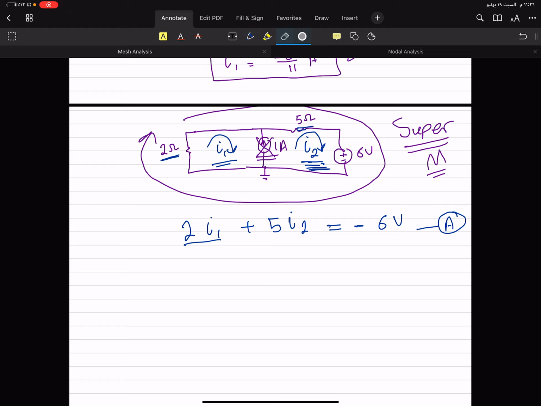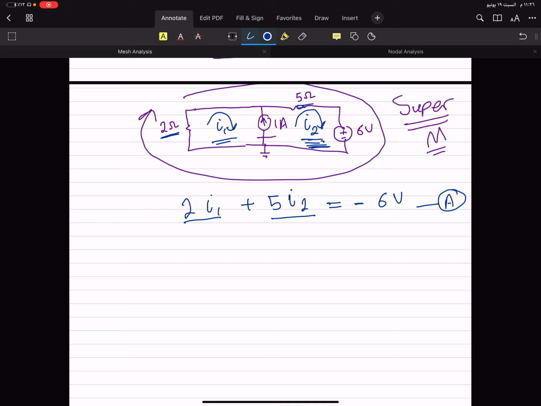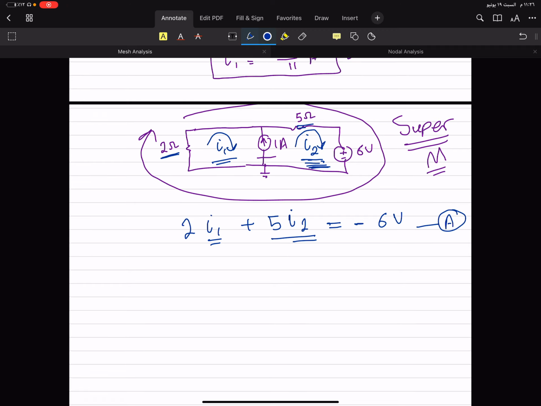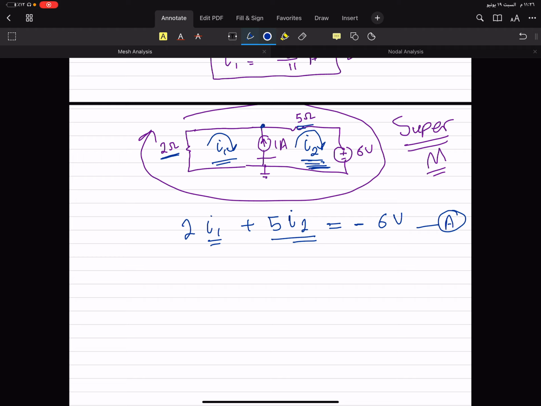Now just bring back the current source. Okay. Now, how to solve an equation with two unknowns? Well, you have only one equation. Mathematically, this one is impossible, as I said before. Now you can take help from our good friend